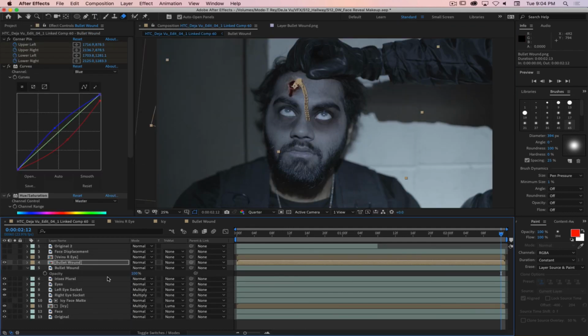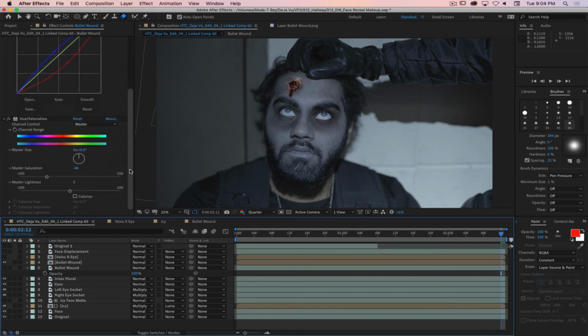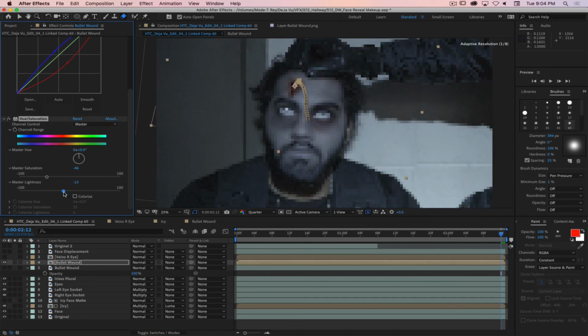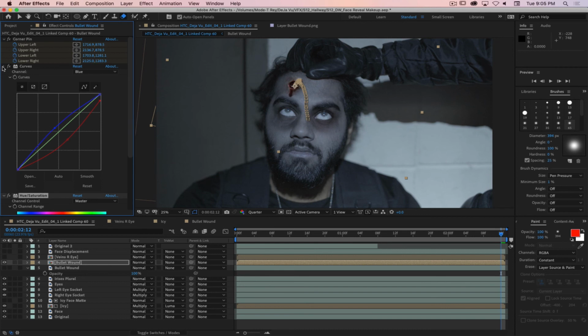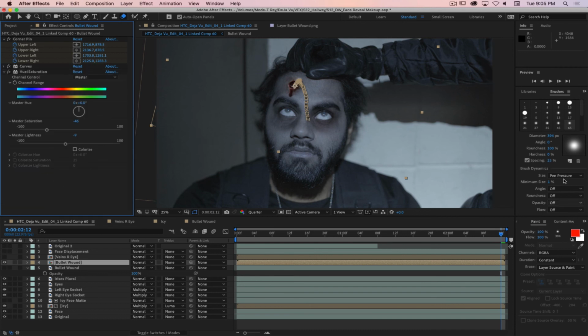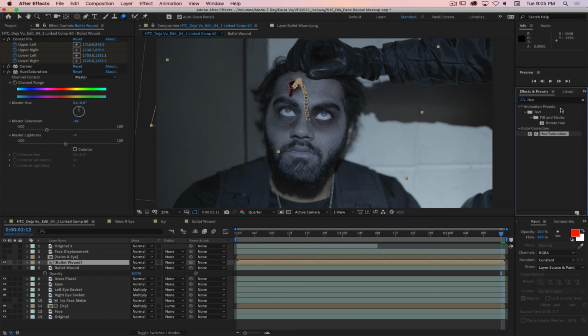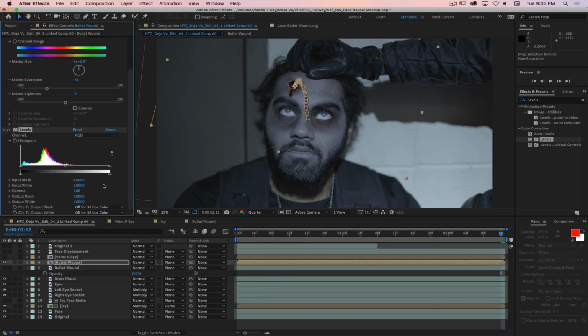We'll see how that goes down. Oh yeah, way better. Shut that off. We're getting somewhere, right? We can do a little work on the top. We can use our curves, hue, saturation, all this good stuff to help make this work. Darken it up a little bit so it starts to match a little bit more. I think the other thing I'm going to do is grab effects and presets and go into levels